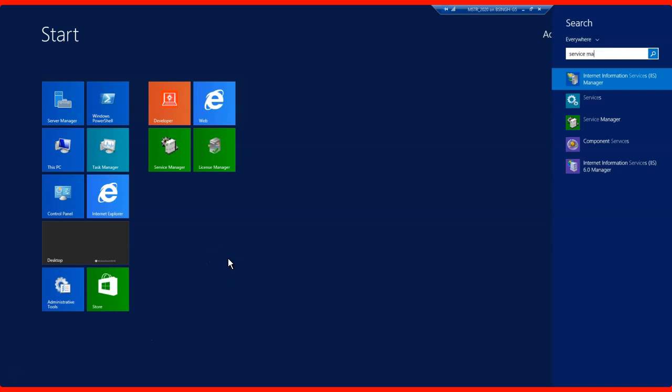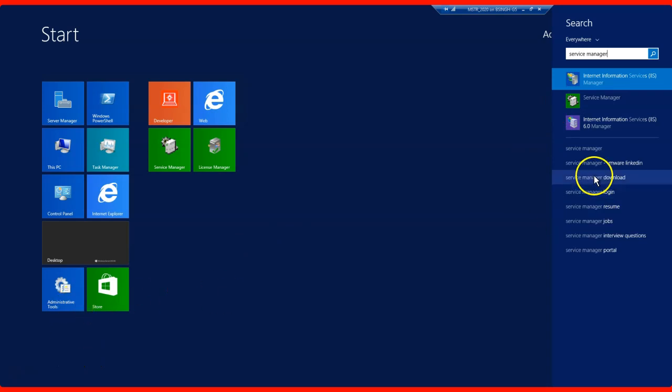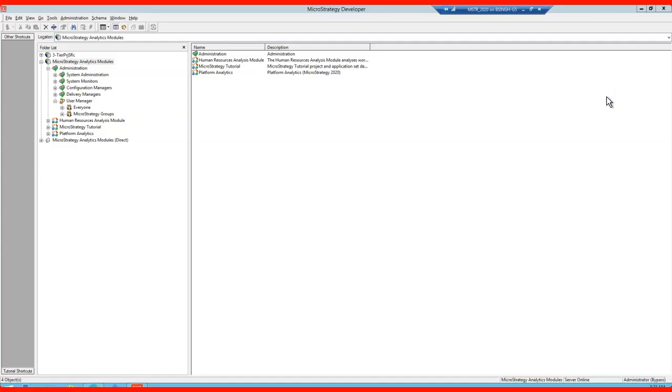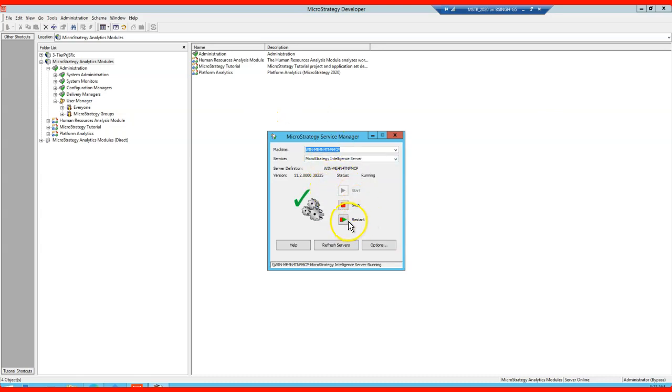You can also manage your services through this MicroStrategy Service Manager here. You can restart, stop, and so on. So I'm just restarting my Intelligence Server from this. Though it's not required to restart your Intelligence Server, and it's not recommended, I'm just restarting to make the changes effective quickly.